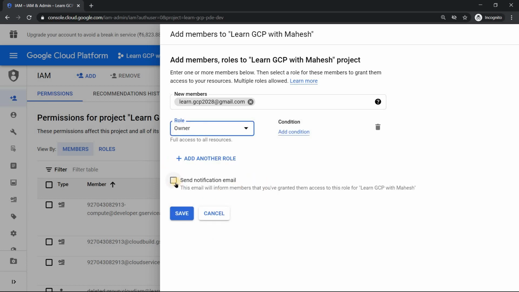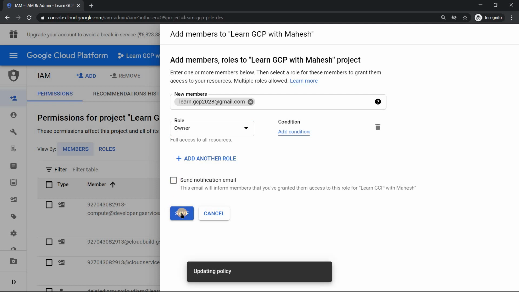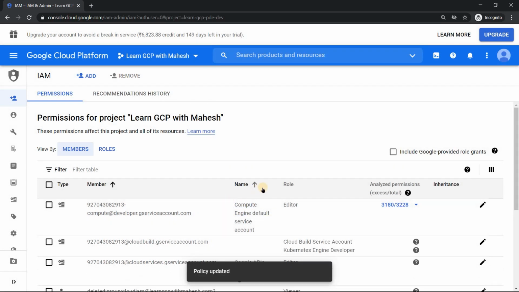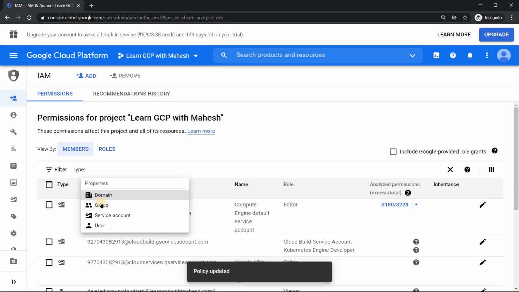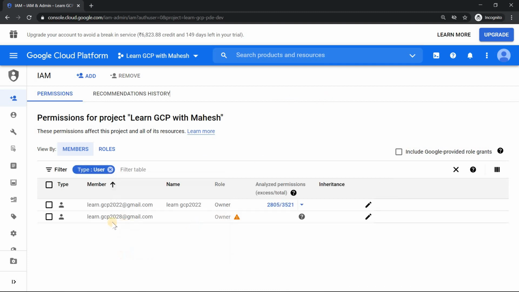I don't need to send this notification anyway, the invitation will be sent. Let me click on save. Save is done, and if I put a filter of type user, you see I have made this user also the owner. The status shows invitation pending, meaning the invitation was sent and is pending acceptance.